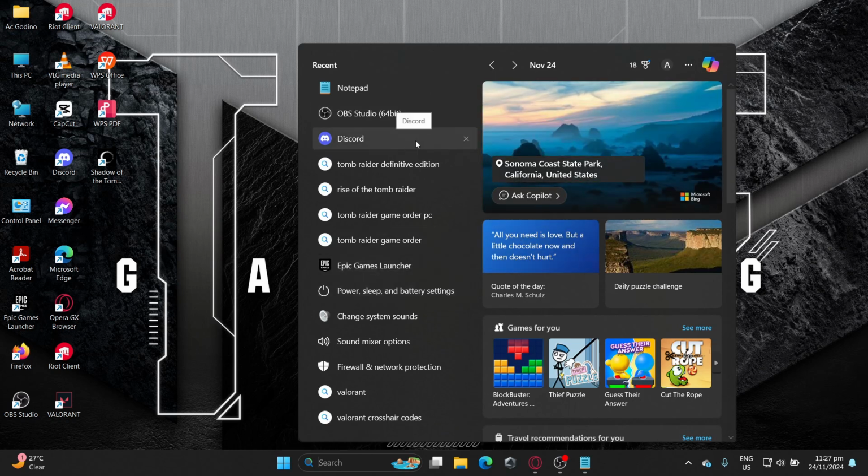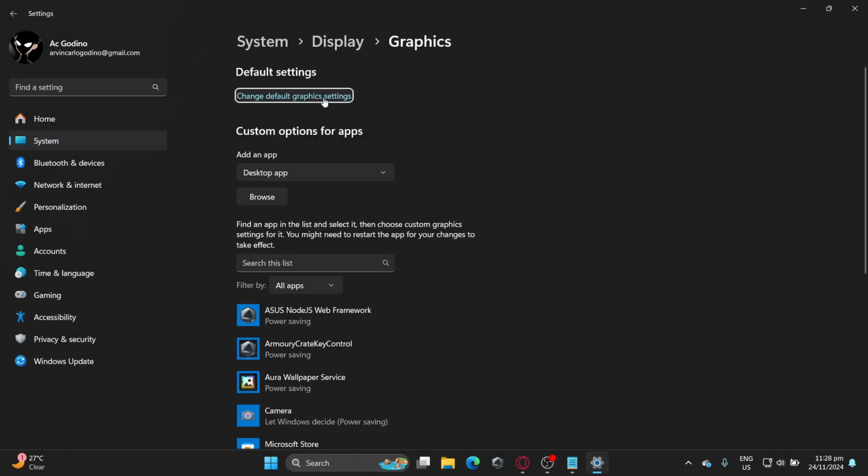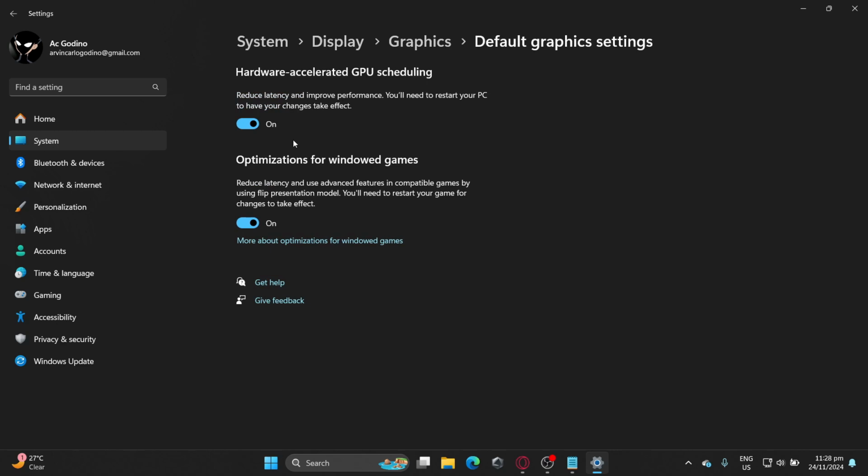So if still laggy or stutter, go to graphic settings, go to change default graphic settings, then you can turn it off here. Then if you turn this off, it will say you need to restart your PC, because sometimes if this is off it is more optimized on apps, but for me it's on because I don't have any problem in my stream in